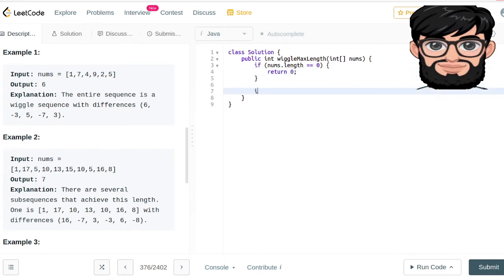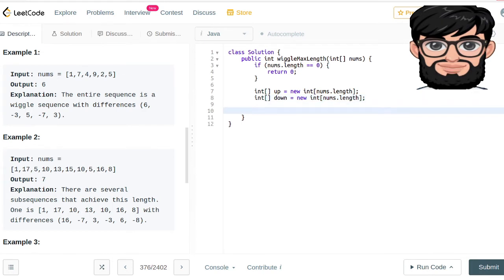Then we're going to have, as I said, two arrays. One is going to keep a record of whether that index is going to add up in going up. So int up is new int of nums.length, and int down is equal to new int of nums.length,